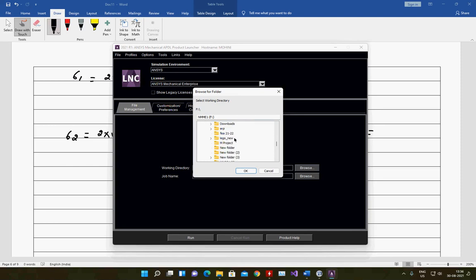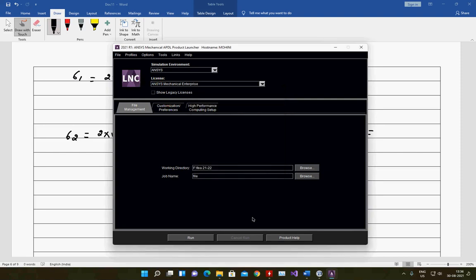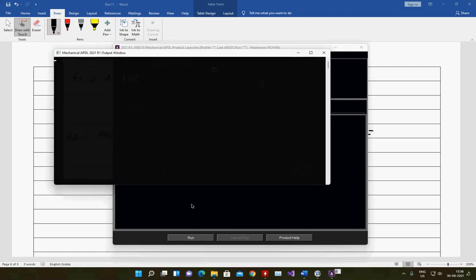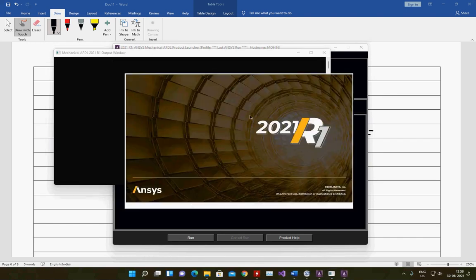Okay. So I can label this as a truss. So I hope you are able to see the screen.